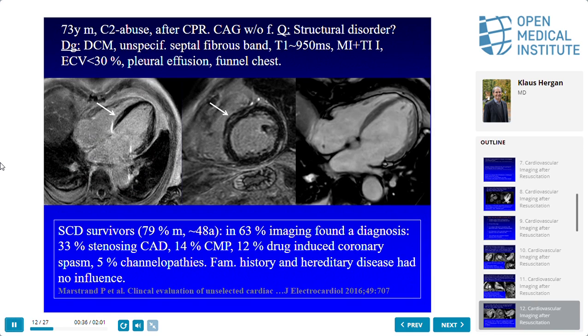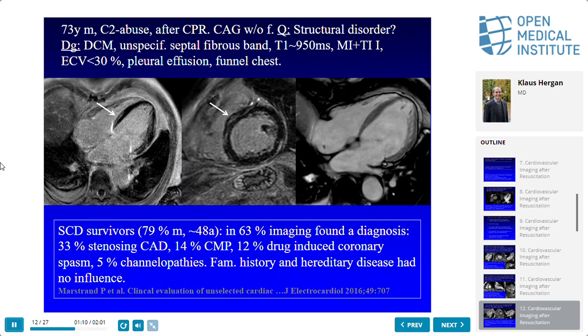And when you find this late enhancement within the septum, it has a worse prognosis in those patients. Usually they die within 5 years if nothing is done. And in this case, dilative cardiomyopathy can be called a malignant disease because it usually leads to death. And in this study from Maastricht, the